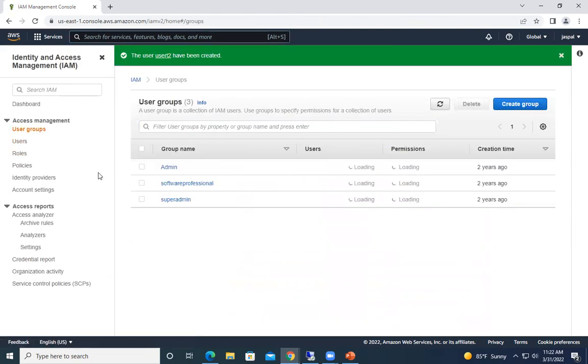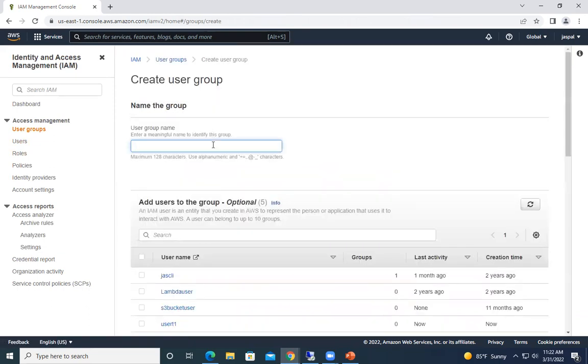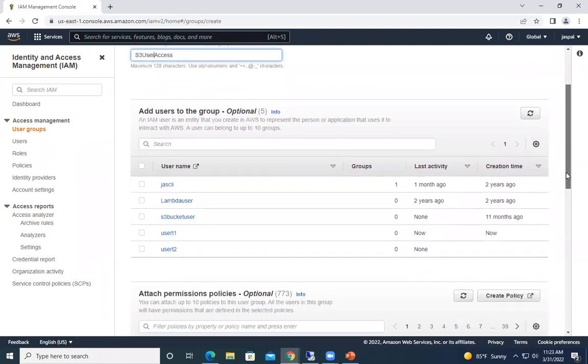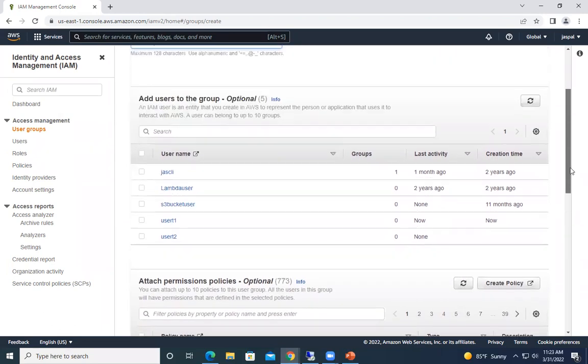groups over here, let's create a group over here. So I'm creating a group, S3 user access. So this is a group I'm creating. I'll let it be S3 access. I'll keep it simple. S3 user access. And then